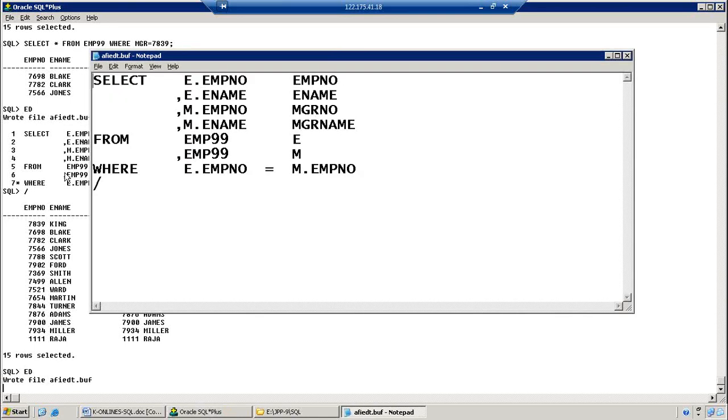What do we do? Observe this one. What is the employee number in our employee table? In the employee table we have a manager number. That will become the manager number in the manager table. Is that clear or not? In the employee table,